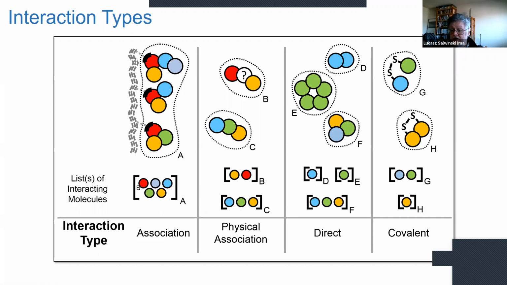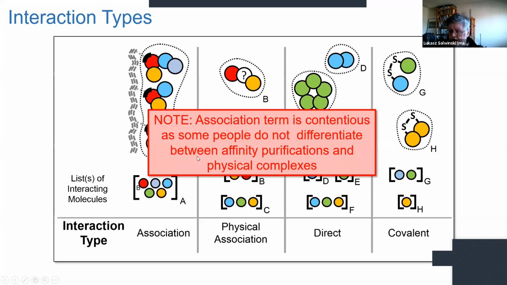The edges are connecting only two proteins. To convert experimental data reporting physical interaction between three proteins, or association between five proteins, we are performing